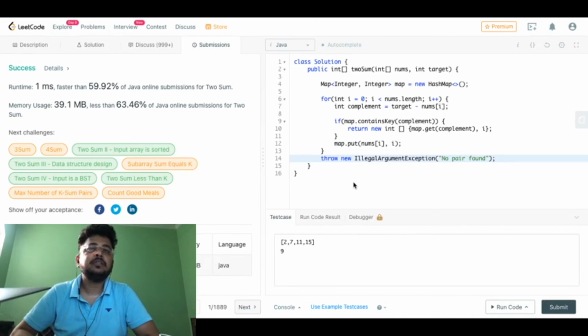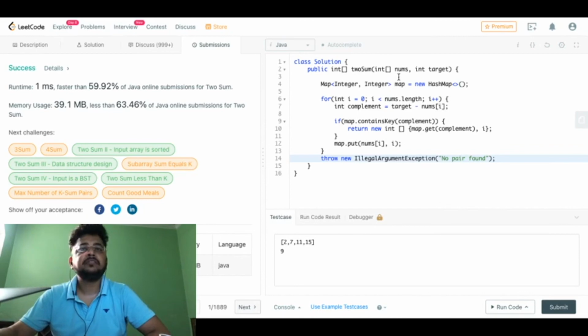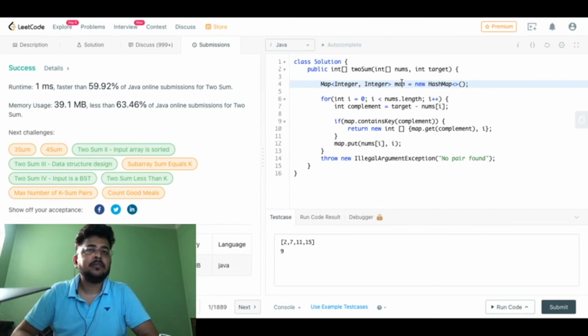First, let's see what the complexity is. In terms of time complexity, if nums is the integer array of size n, in the worst case we will need to iterate over the entire array. We are iterating just once over every element, so O of n is the time complexity here. For space, a map is created. The map can have at most n entries, if all the numbers are unique. So O of n is the space complexity here. I think this is fine. This has been accepted. Runtime is pretty good. Memory, of course, will depend on the kind of inputs which have been provided.